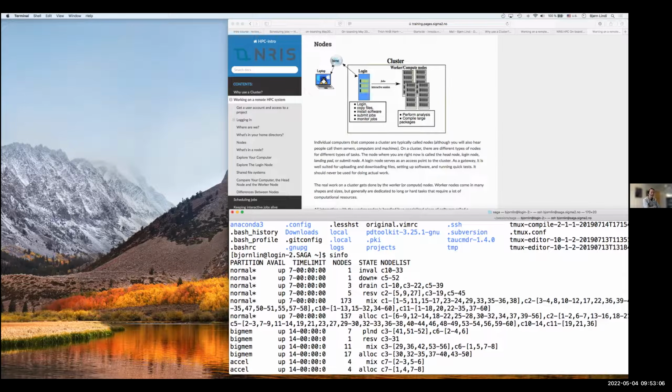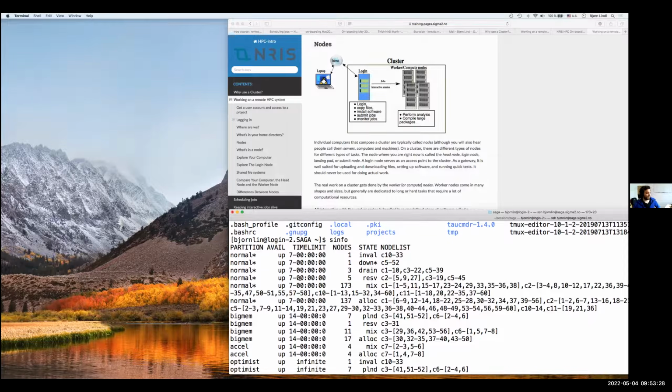You don't specify specific nodes. You only specify the job, and then it's up to the system to run your job on the compute nodes that are available.